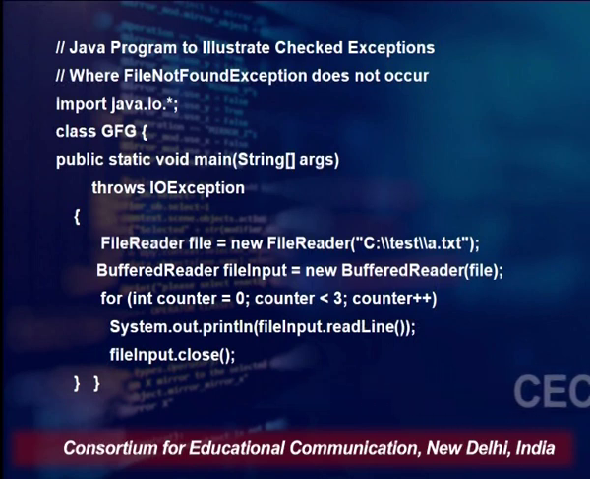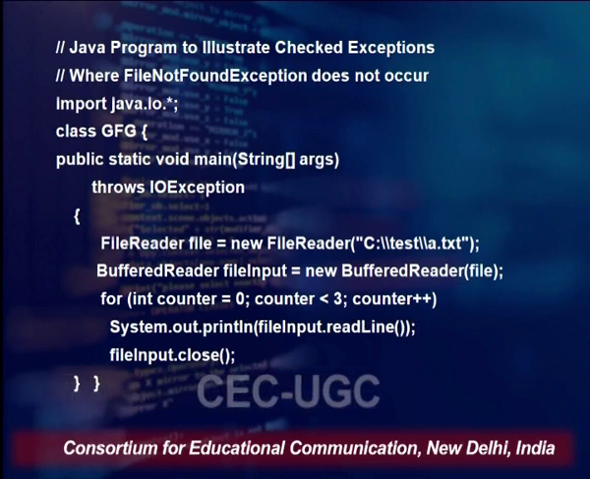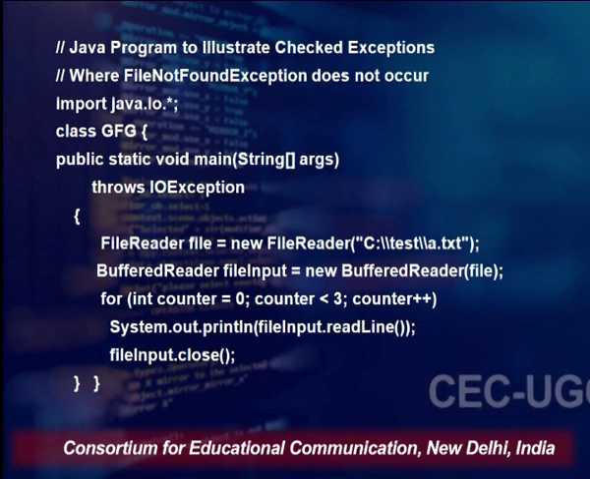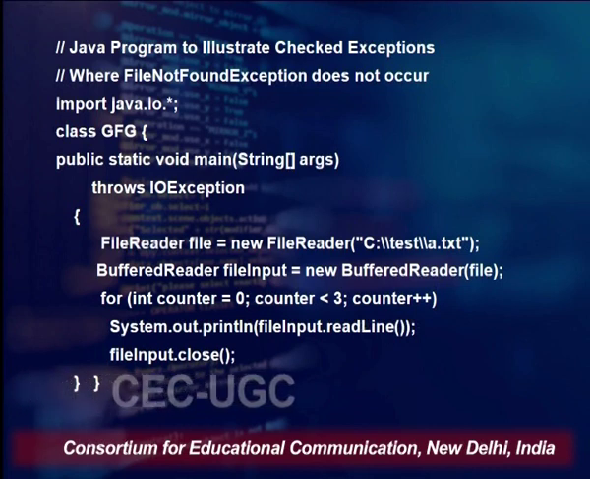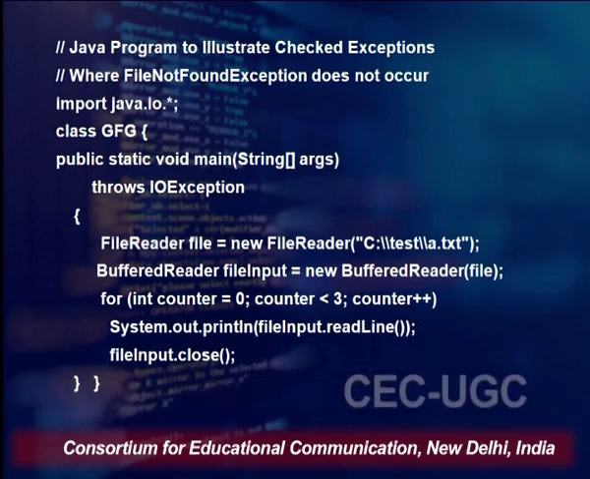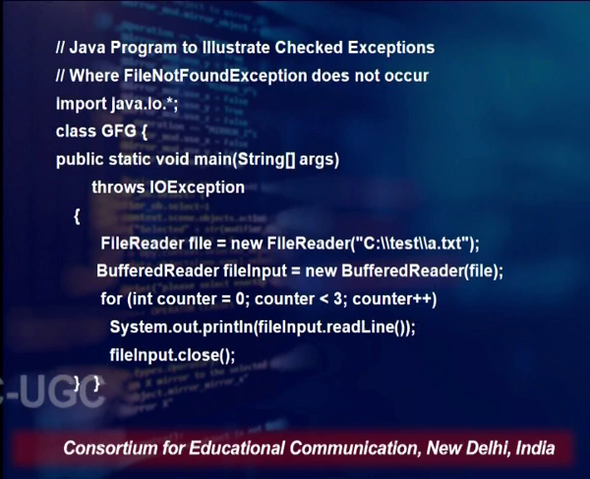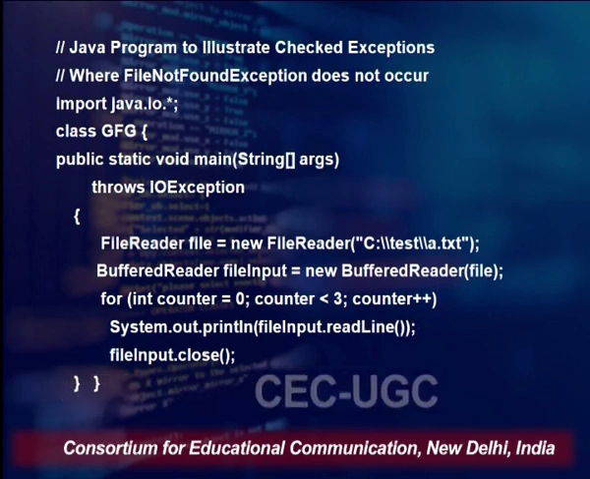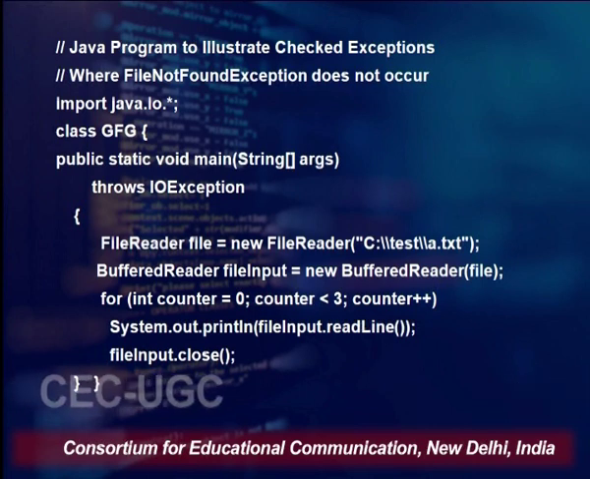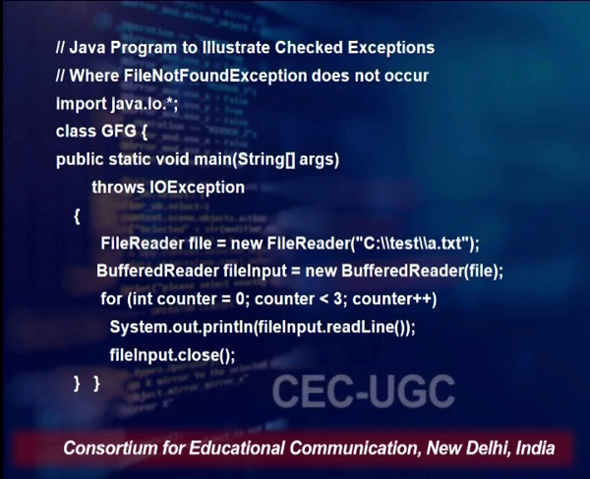So, import java.io.*, then we have that class, and within that class we have public static void main, and String args is there. Now please notice the words "throws IOException". File not found exception, let us say, is not occurring here, and we have handled this IOException, which is a checked exception, with this particular code. Hence we have written FileReader file is equal to new FileReader